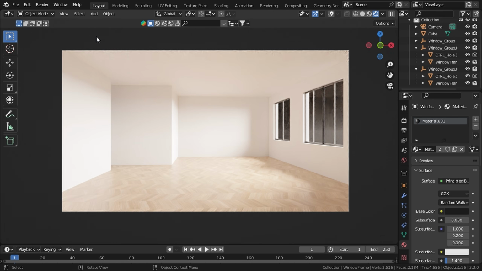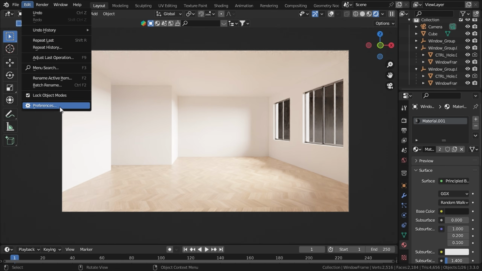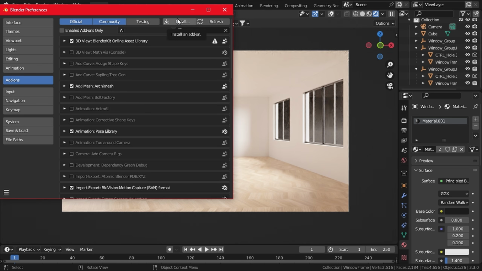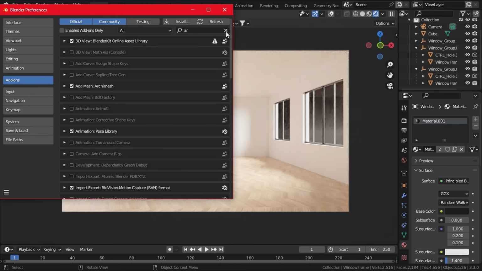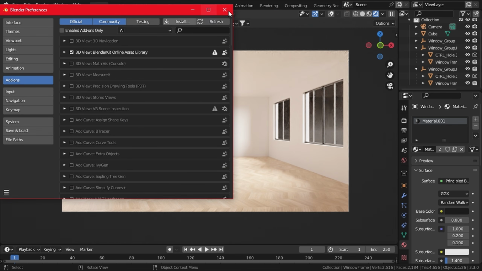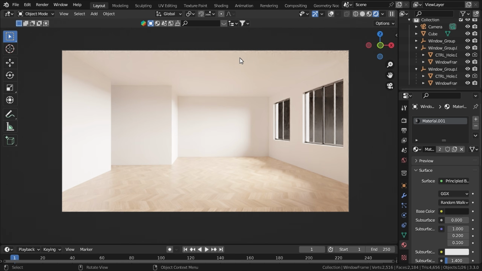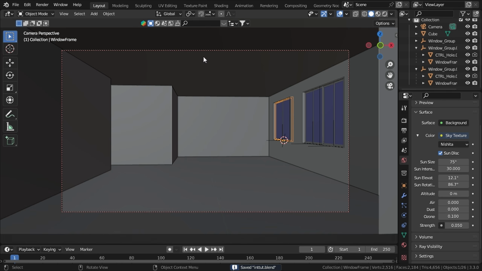Now if you have downloaded that, let's go to Edit, Preferences and select Install, and just select your zip file and hit Install Add-on. And also don't forget to check that in here. If you completely install that, you will get a search panel like this, so you can search in here anything. Okay, so now in the search panel let's search kitchen,